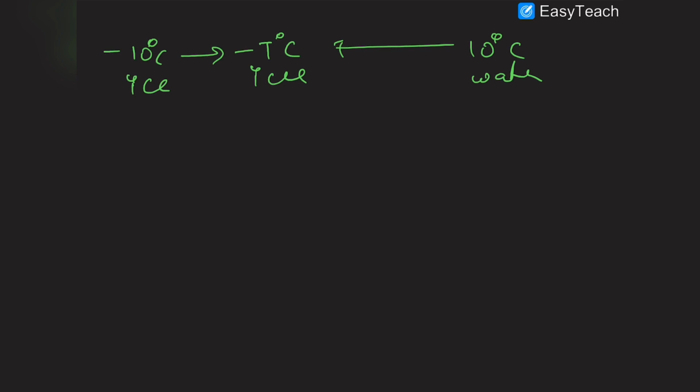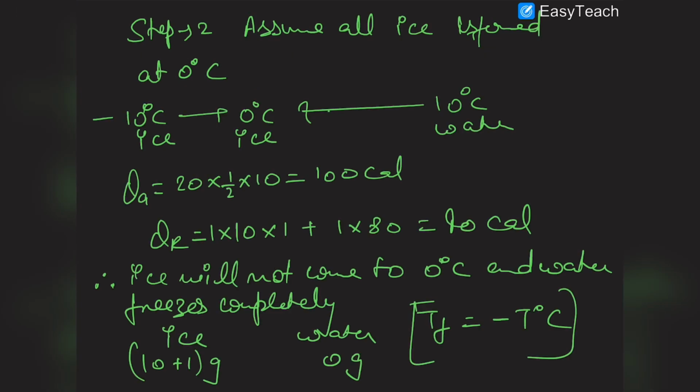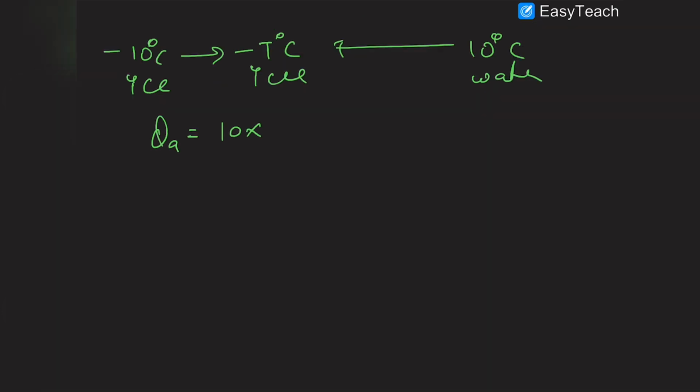So now in this case the Q absorbed by the ice would be the mass of the ice, I think 20 gram, yes, so this is 20 into the change in temperature. We have to write only the magnitude of the change in temperature. So if the change in temperature is T final minus T initial, then it would be 10 minus T. So we are just writing the magnitude, so it is 10 minus T,